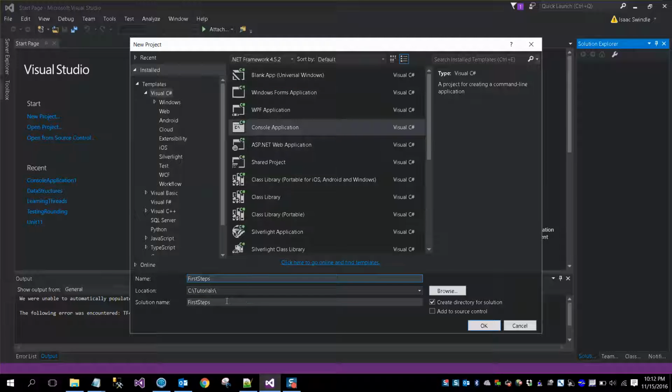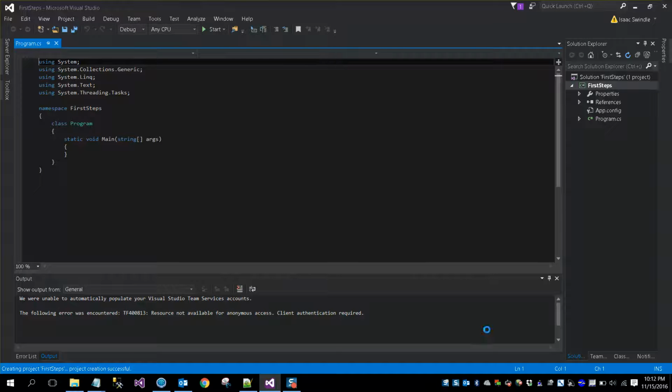And then that folder will actually be named whatever your solution name is by default. Once you click OK, Visual Studio does its magic. Voila! We have a text editor right here. Now this is what I'm talking about, an integrated development environment, because years ago, eons ago, they had text editor